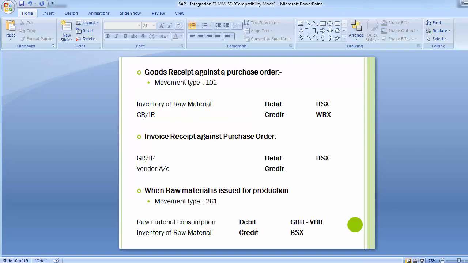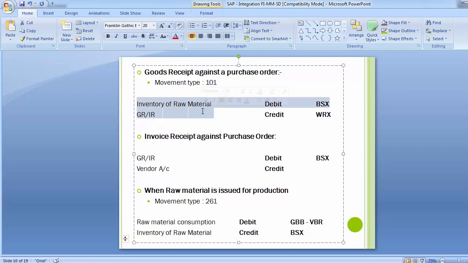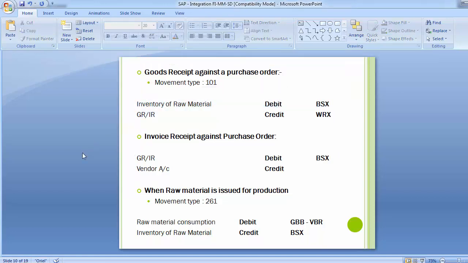Moving to the next, the goods receipt against a purchase order. Whenever a goods receipt is done, movement type 101 is used in the SAP system, and this is done by the purchase department or through the MM module, so that's not an activity we have to look at. What we have to look at is the transaction that has been generated: inventory of raw material is debited and GRIR is credited.